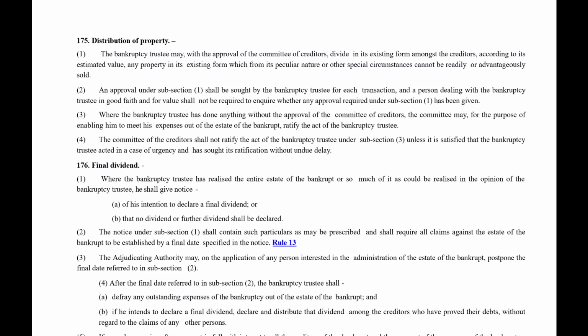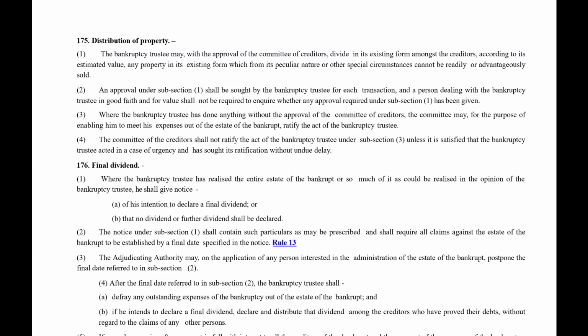Where the bankruptcy trustee has realized the entire estate of the bankrupt or so much of it as could be realized in the opinion of the bankruptcy trustee, he shall give notice of his intention to declare a final dividend or that no dividend or further dividend shall be declared. The notice under subsection 1 shall contain such particulars as may be prescribed and shall require all claims against the estate of the bankrupt to be established by a final date specified in the notice. So section 176. In 176, whether there is any form of notice,